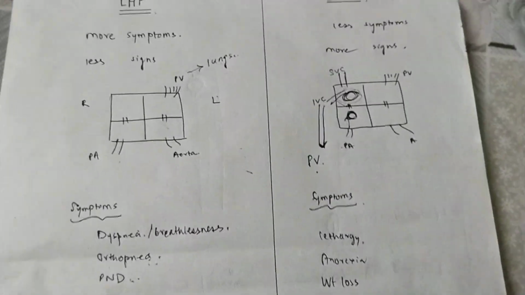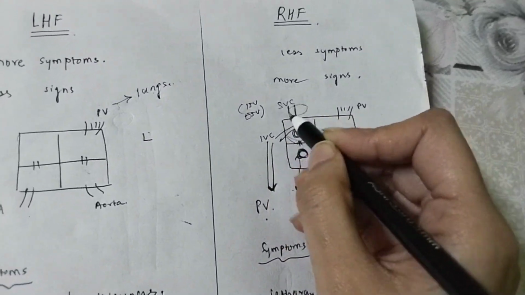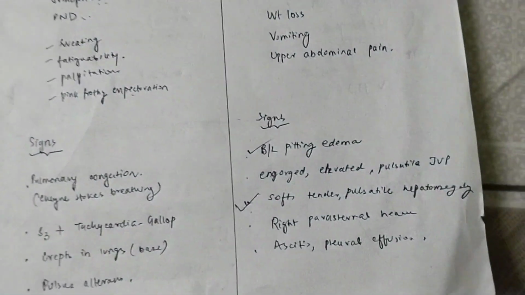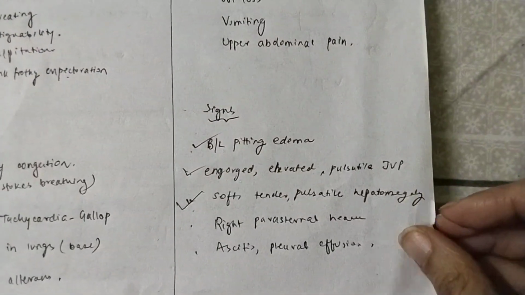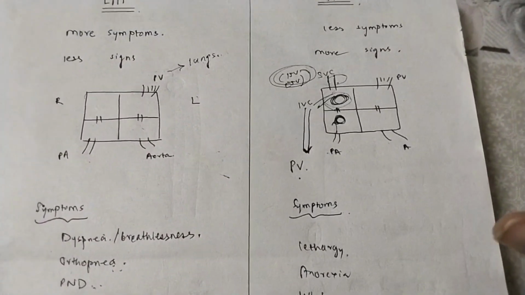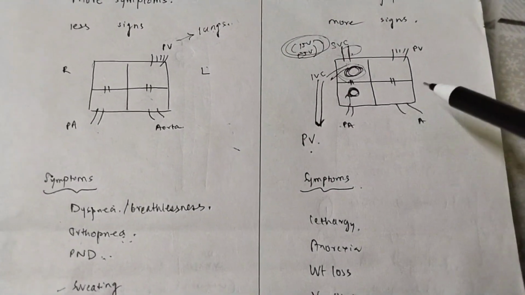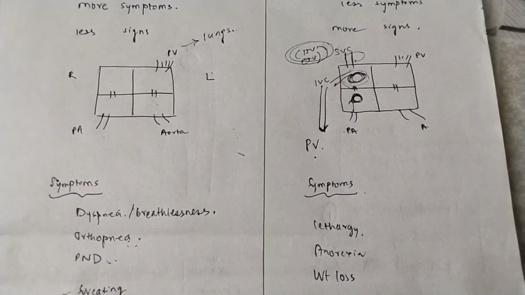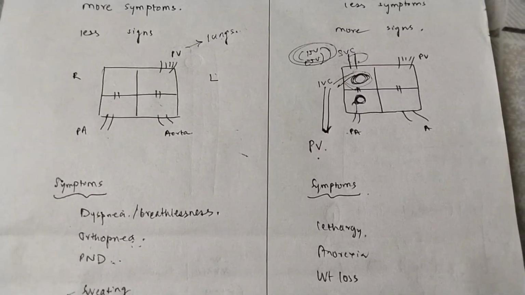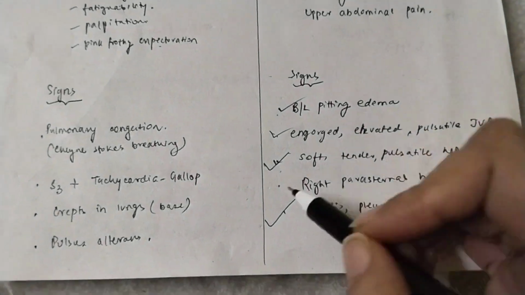With the same concept, above the SVC we see the internal jugular vein and external jugular vein, so if there is obstruction here, there will be obstruction there too, so you get to see engorged, elevated, pulsatile jugular venous pressure will be increased. Also you have ascites and pleural effusion. There is obstruction in the whole body because blood is not coming here properly, so that will lead to ascites, that means accumulation of excess free fluid in the peritoneal cavity, and you will also have pleural effusion, that is accumulation of excess fluid in the pleural space. Okay, and you also have right parasternal heave, which is a characteristic finding